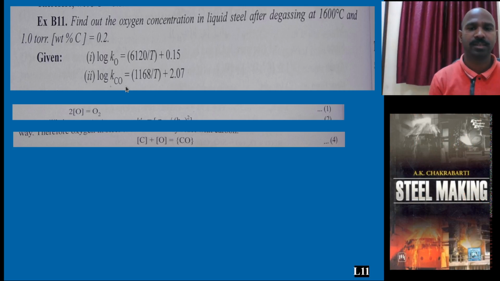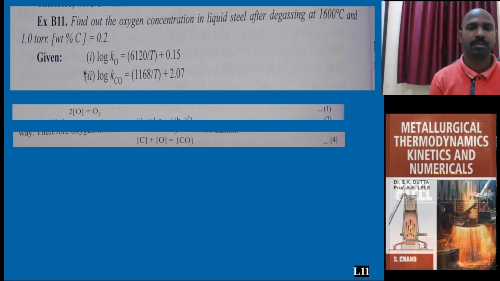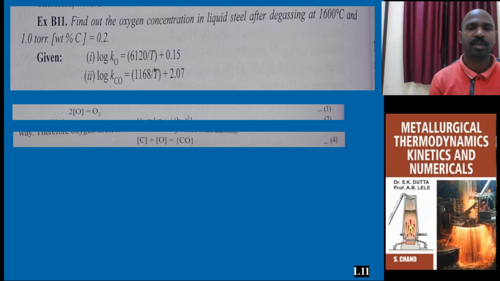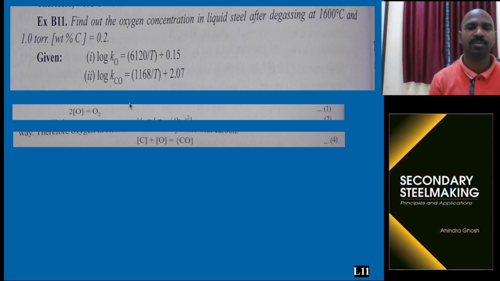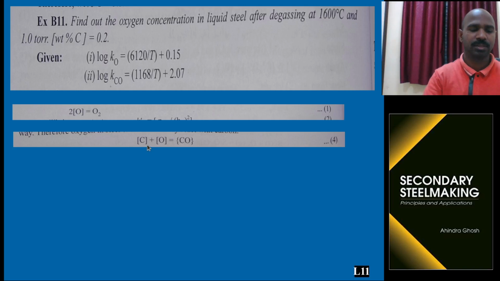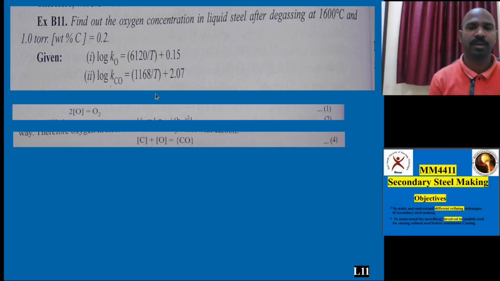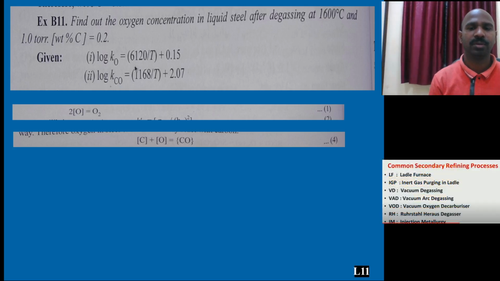You would have realized that when I was discussing the oxidation of sulfur, phosphorus, and silicon, many things appear like this. From that, many numerical problems were sorted out with respect to pressure and temperature. Now I am discussing one more numerical problem, with complete understanding that this was the given data. These are the equations. From the degassing problem, you realize that the oxygen concentration in liquid steel, where you use square brackets,